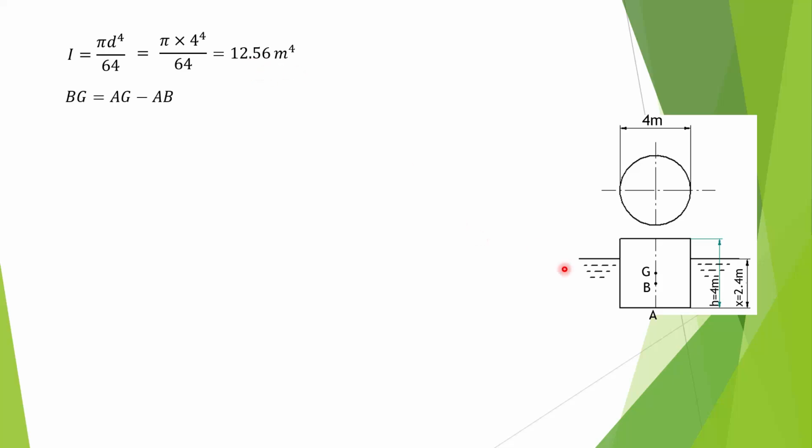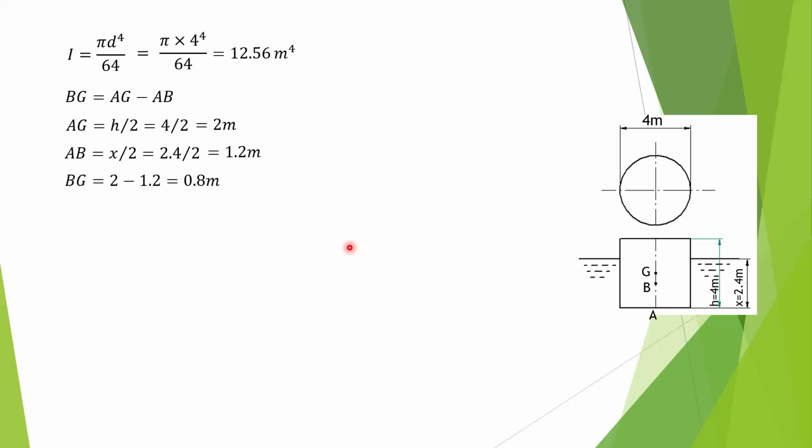Next, BG, so AG minus AB. AG is nothing but h by 2, that is 4 by 2, which is equal to 2. Now AB, that is equal to x divided by 2, that is 2.4 by 2, which is equal to 1.2. So BG we will get as 0.8. Now we'll substitute the values of BG, I and V in the metacentric height equation. So we'll get the GM value as